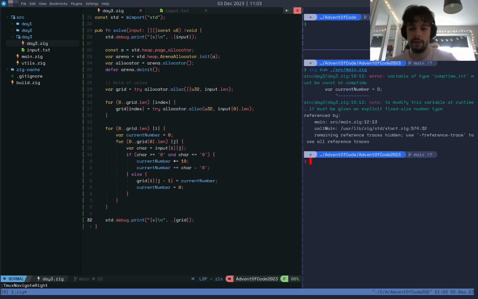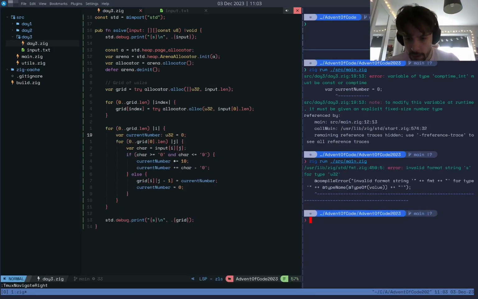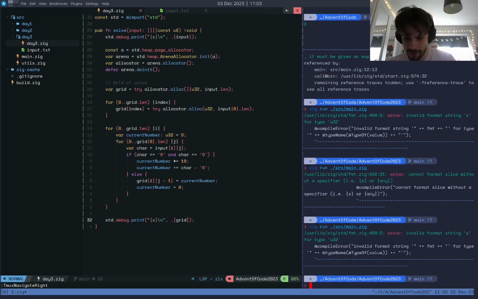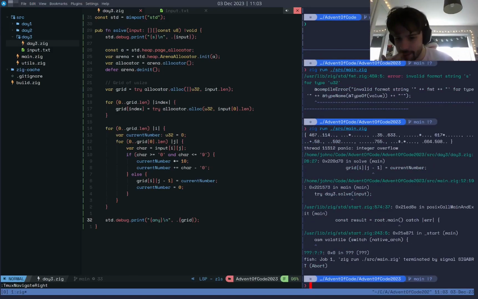Okay. Do you compile? You don't compile. Variable. Oh, right, because of this. So let's make it a U32. Valid S. Okay. Let me remove that. No, it needs an S then. What do you want then? What if I do any? I think it's a bit confused. Okay. Pretty cool, but then it dies a little bit, doesn't it? Okay, integer overflow. Love to see it. We love to see it, but